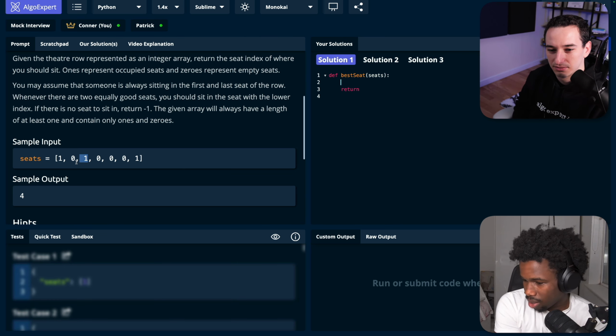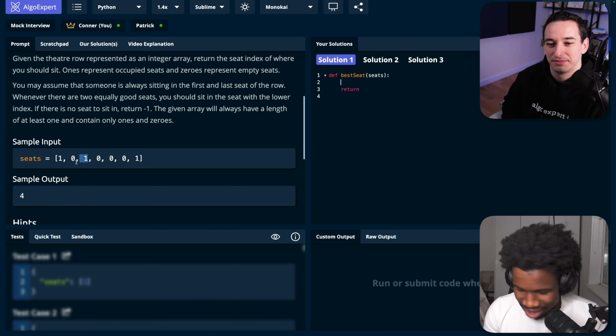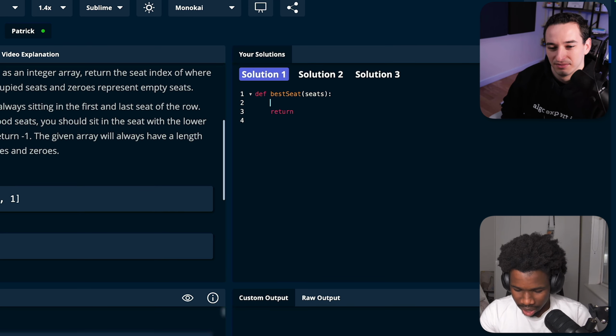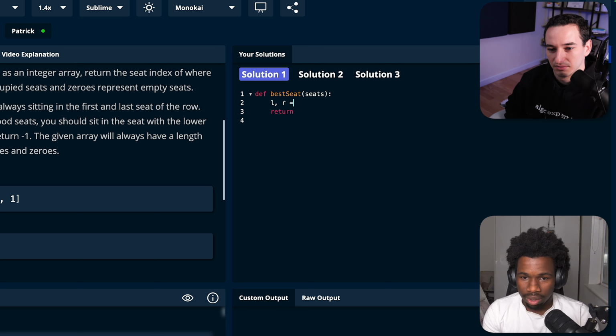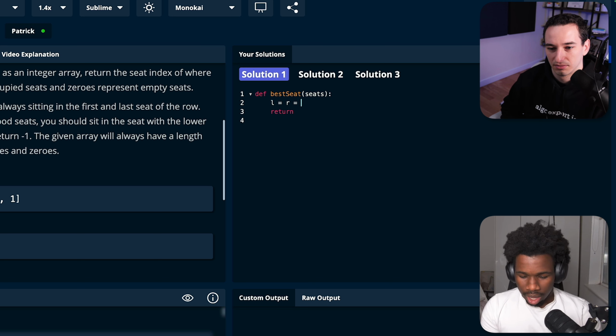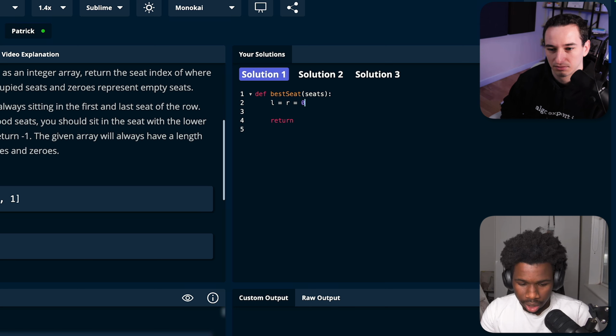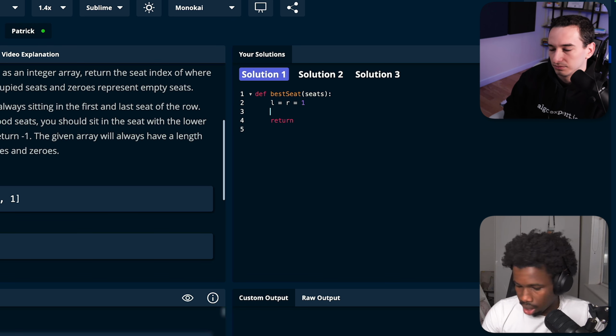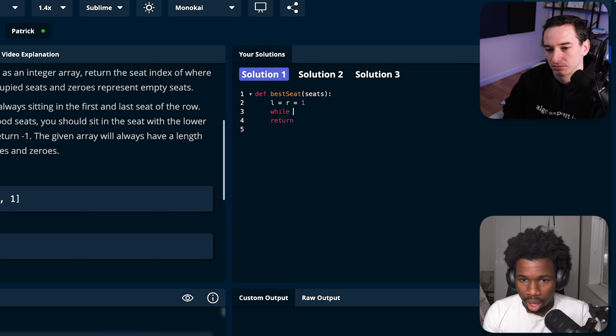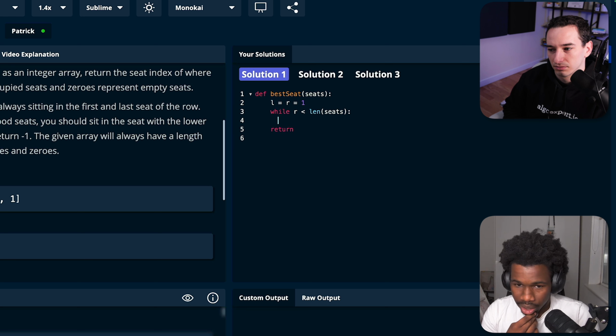So am I comfortable to start coding now? Yep. Okay, perfect. So I'm going to start with left and right equal to 0. Actually, left and right equal to 1, because we're going to start at the index of 1. Okay, so we're going to start there. Now, while r is less than the length of seats, so once we've checked every single seat, we're going to check, okay,